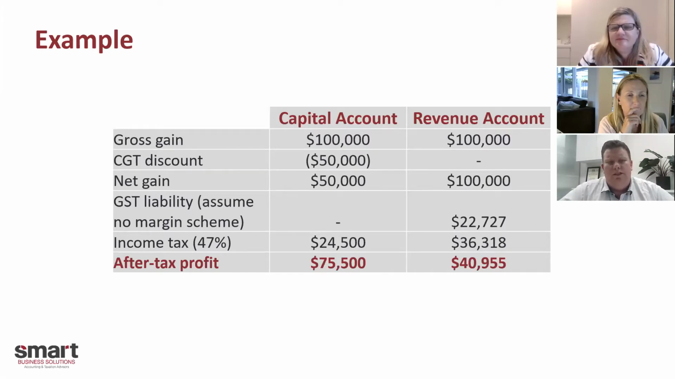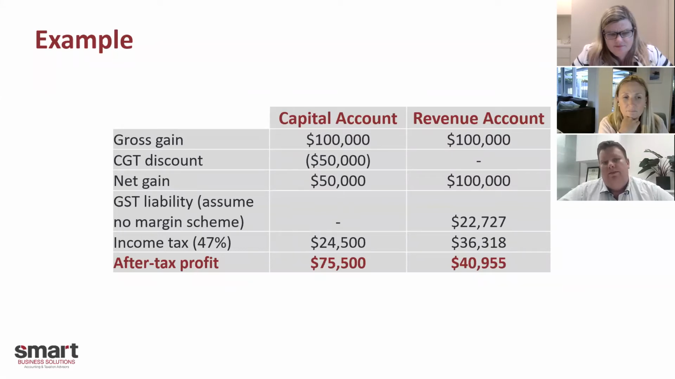So if we go through just briefly, on capital account, we can see across both lines, we've made a $100,000 gross gain. But on capital account, we've been able to apply that CGT discount because we held it for more than 12 months. So the net taxable gain is $50,000. It's on capital account, so we have been able to ignore GST. We're not falling into the GST system, so there's no GST there. We're going to assume that Mary is in the highest income tax bracket of 47%. So we can see that the after-tax profit, if on capital account, is